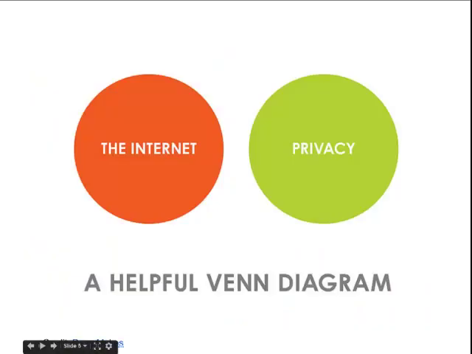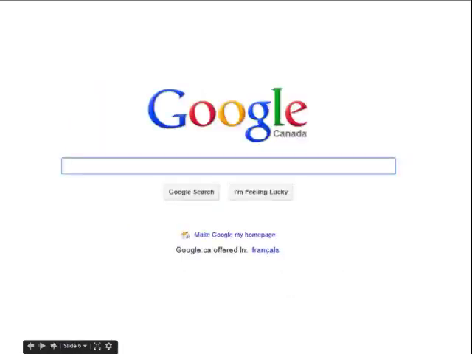That leads to this helpful diagram to recognize that internet and privacy are necessarily discrete, because you cannot go to a website without informing people of where you're going. Then we're going to do an activity where the students do a Google search and attempt to find themselves, and if they don't find themselves, they're going to try to find me. I'm comfortable with what's online, as well as the other teacher that's working with me. We've previewed our profiles ahead of time. I strongly recommend doing that.